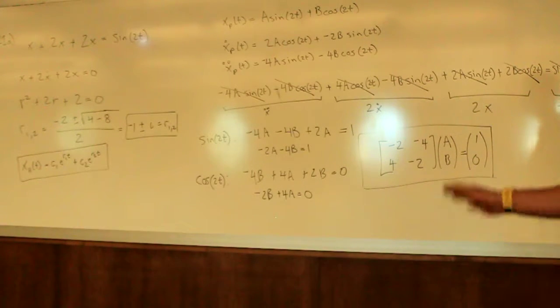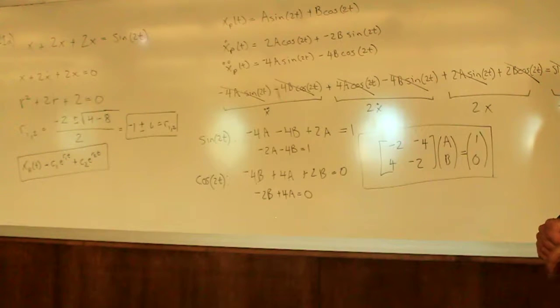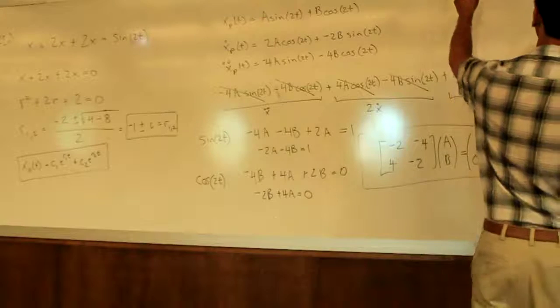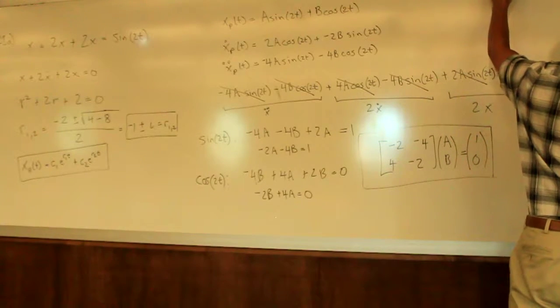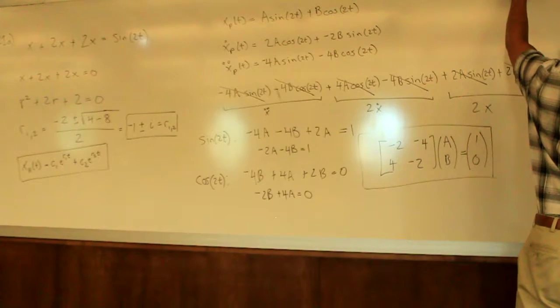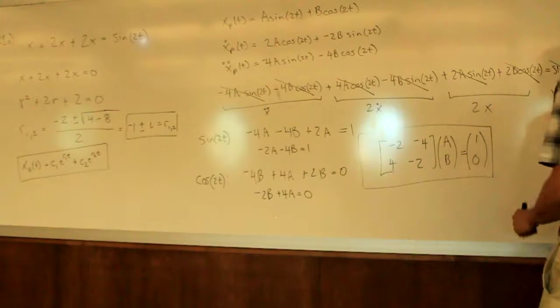That's fine. I'm going to leave it like this. I think you should write it the other way if you have imaginary roots, because what if you have repeated roots with a particular solution? It's a different form. If you have repeated roots, you have C1 plus C2 times t, times e to the rt. If you have repeated roots, that's